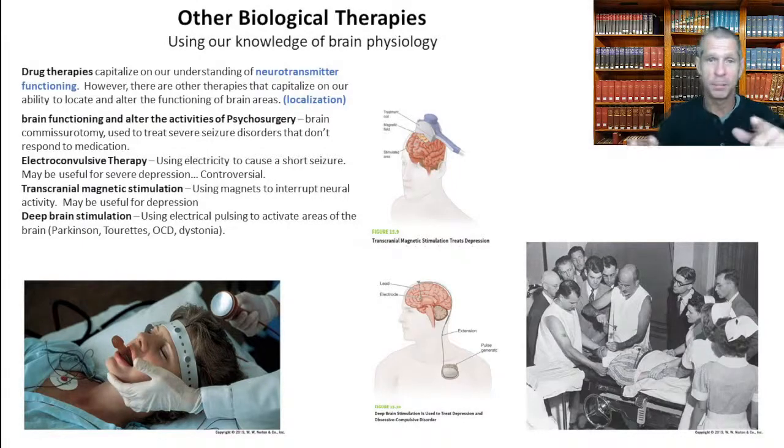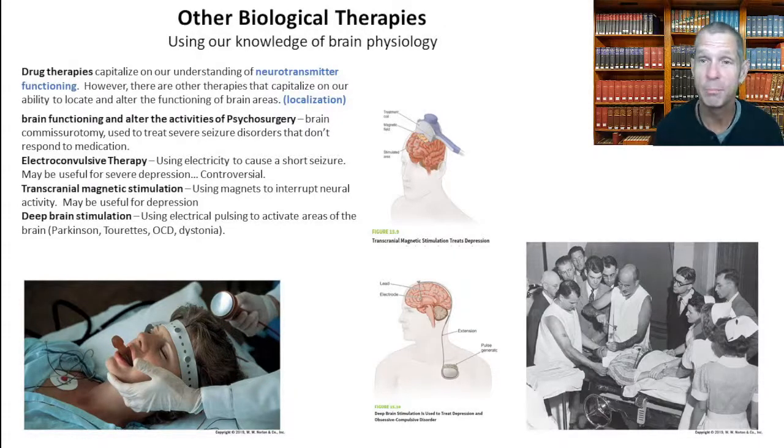Now, if you look at the picture right underneath transcranial magnetic stimulation, you'll see what's known as deep brain stimulation. So if you've ever heard of having a pacemaker for your heart, an electrical wire that stimulates your brain, they have the same concept for your basal ganglia, this circle of structures in the middle of your brain that helps modulate your behavior. People with Parkinson's, Tourette's, OCD, and dystonia have trouble with controlling their body parts.